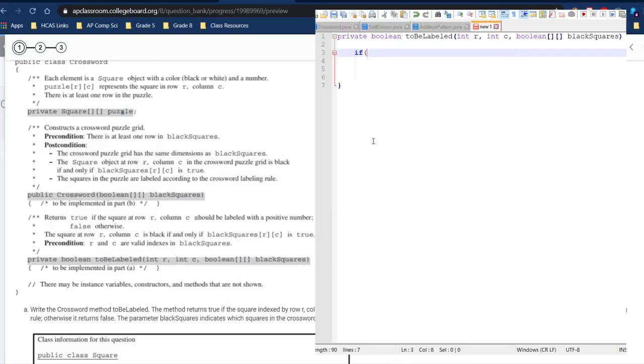So if squares, if puzzle, row and column, right? And this will give us a square. However, it won't tell us, my bad. That's the puzzle. If black squares, right, for this row and column,